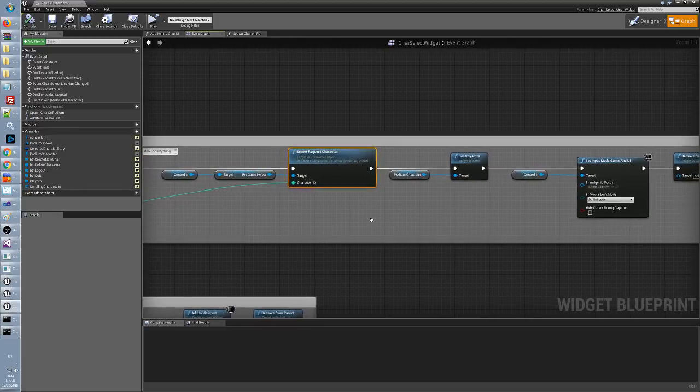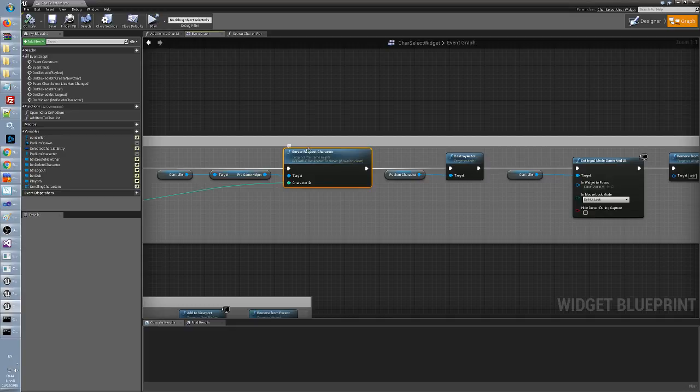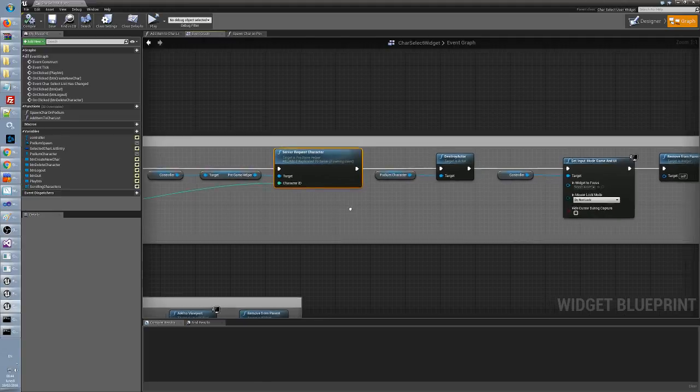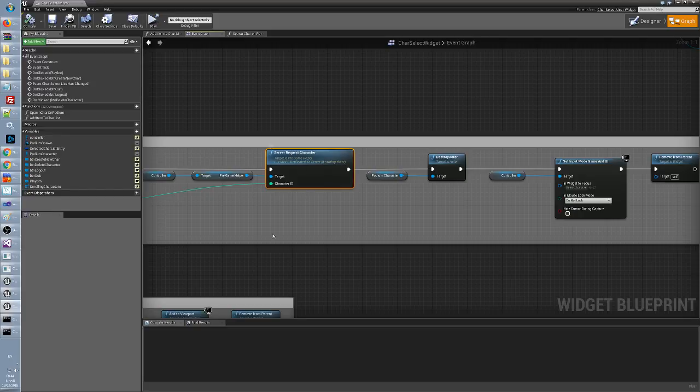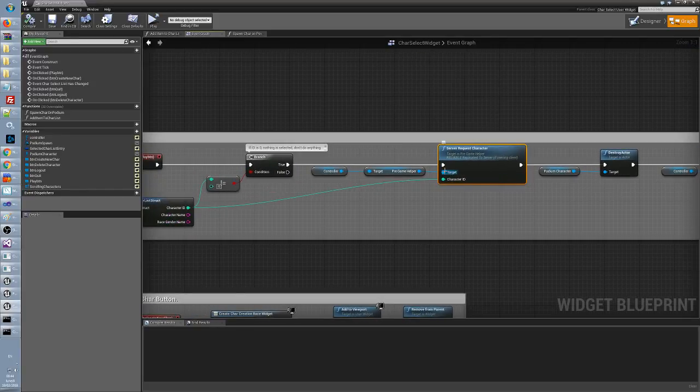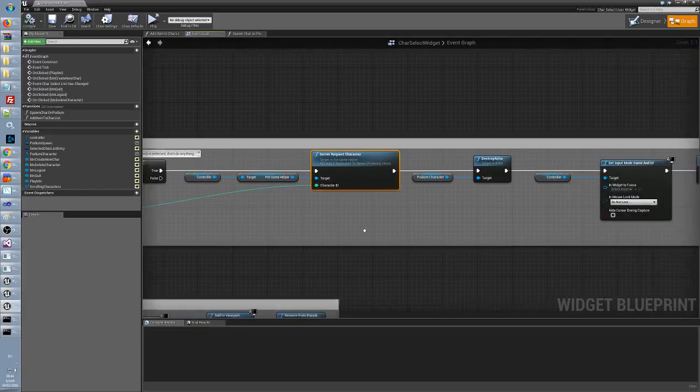You see, this is where we are requesting the server request character, which gives if owning client target client character ID,